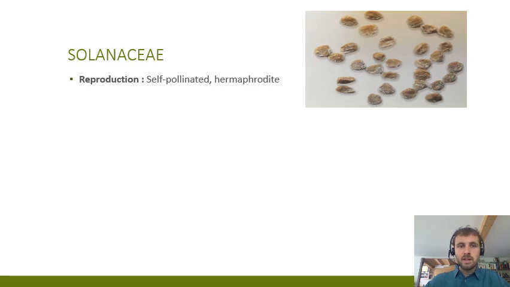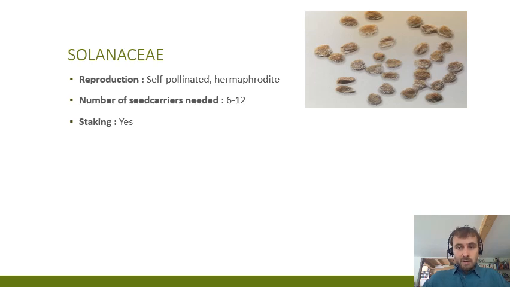So you have the Solanaceae, the tomato family. They are self-pollinated. They are hermaphrodite. So basically, you don't really need to worry about anything when you produce seeds from them, except that you need the plant to be shaken. So if you're in a greenhouse, you need to have some wind, insects, or do it by hand to get the pollen from the flowers to the others. If you want to produce seed, you need from 6 to 12 plants to have enough production and diversity.